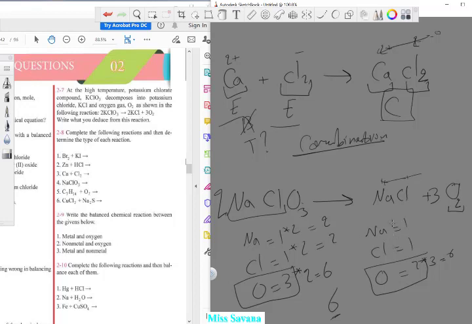So all you have to do is multiply this by 2, and this one will be 2 and this one will be 2, and everything will be perfect. So when you have 2 and 3 somewhere, remember number 6, multiply one side by 3 and the other side by 2. Now when he asks what is the type of this reaction, the type is actually